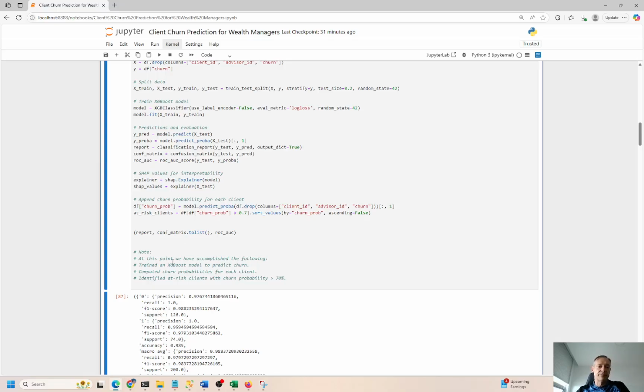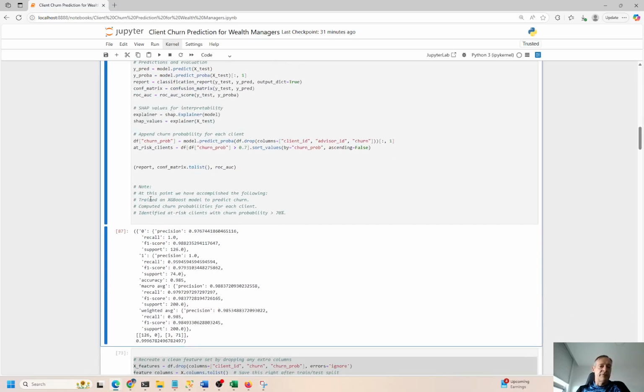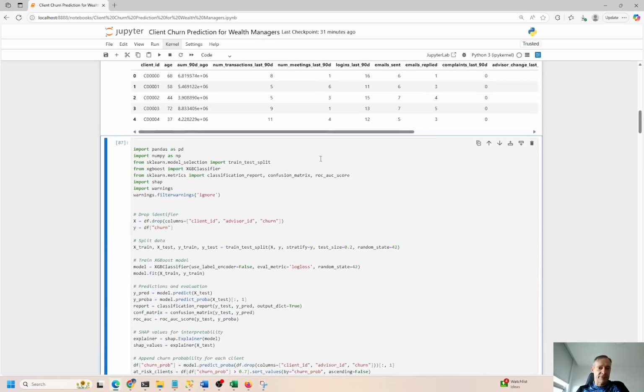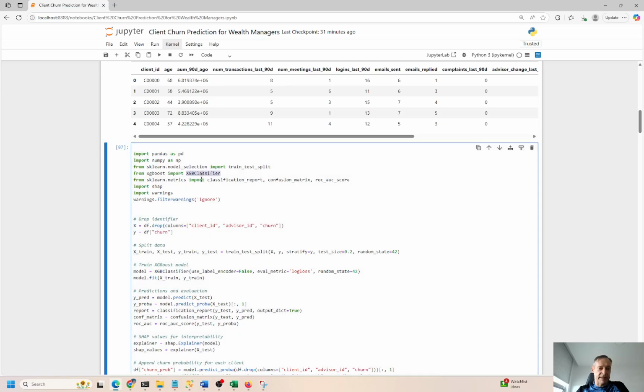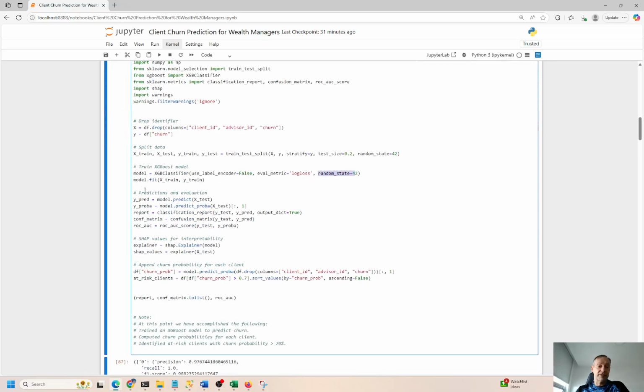But this is the outcome. So we've already trained and tested the XGBoost model. That's what I'm using right here. So here's the XGBoost classifier, okay? You have the train and the testing set, and the test size is going to be 20%. The training size is going to be the opposite, so that's 80%. We use a random state of 42, so we start randomly and pick 80% of the population for training, 20% for testing, and then we make our predictions right here, right?